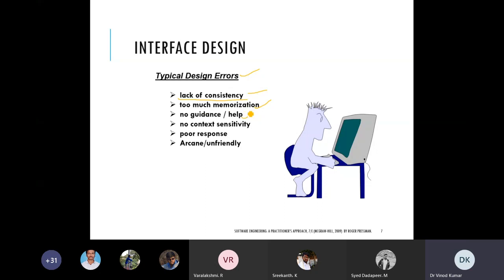Too much memorization means every time you use the system, you need to remember different action controls. For example, for saving a file, you can use a shortcut like Control S. So memorization means you should not put the burden on the user's mind to memorize things.